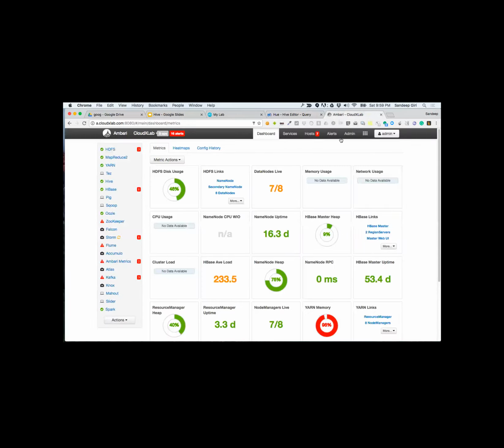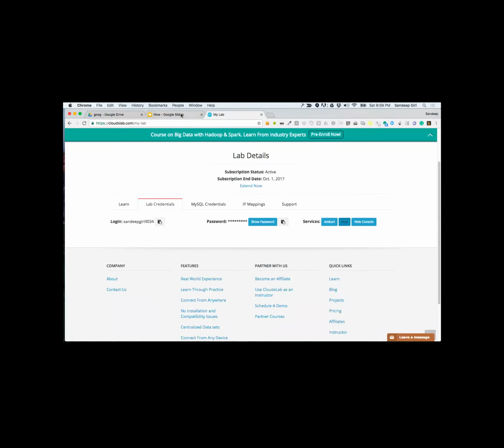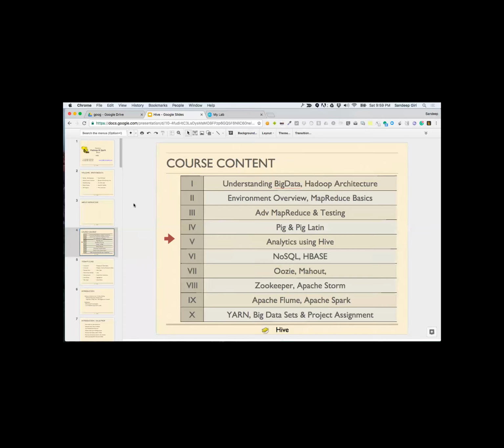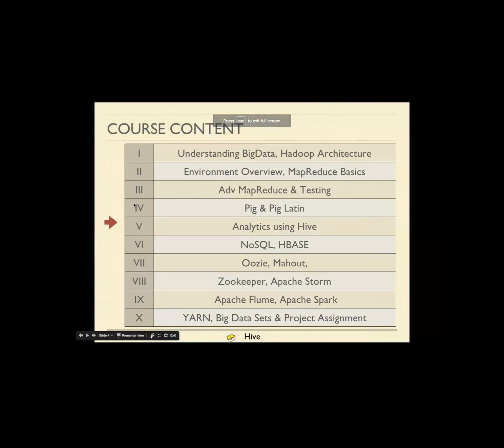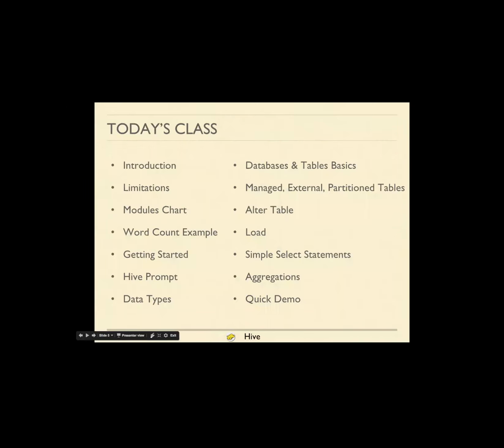Okay, let's move on. All right. So what we did just now was a simple Hive work, and it made our life really, really simple. Okay. As a quick recap, what we did was we first created a folder, copied the data into that folder, and then created a table on top of this data which we had recently copied, and then started querying that table. Okay, and so on.